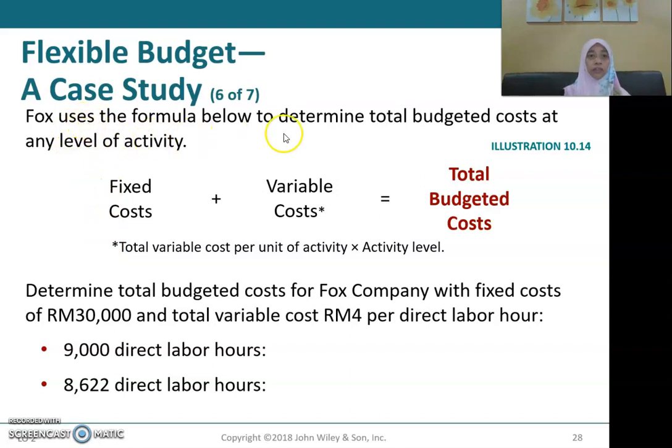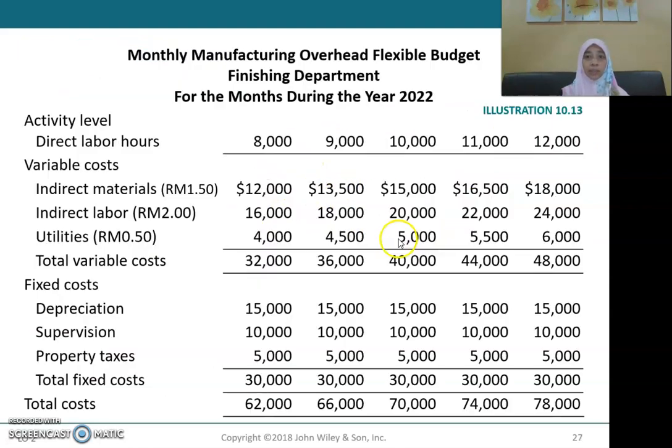Next, Fox uses the formula below to determine the total budgeted cost at any level of activity. So that means to identify at any level of activity how much your cost is. So that will be your fixed cost plus your variable cost. Then you will get your total budgeted cost. In this case, your total variable cost plus your fixed cost. So you will get your total cost. How do you work that into a formula? So that will be your total fixed cost plus your 1 ringgit and 50 times